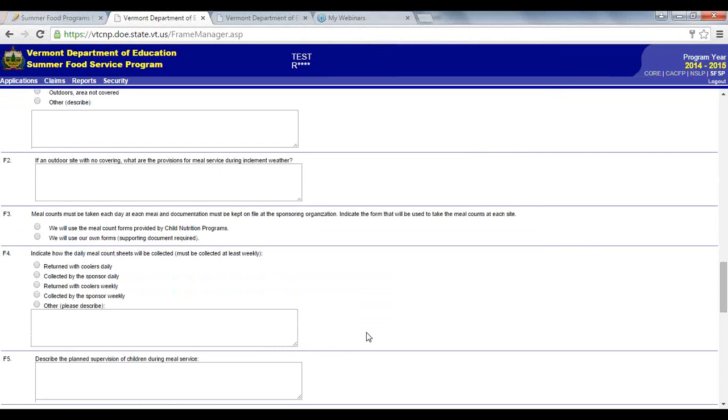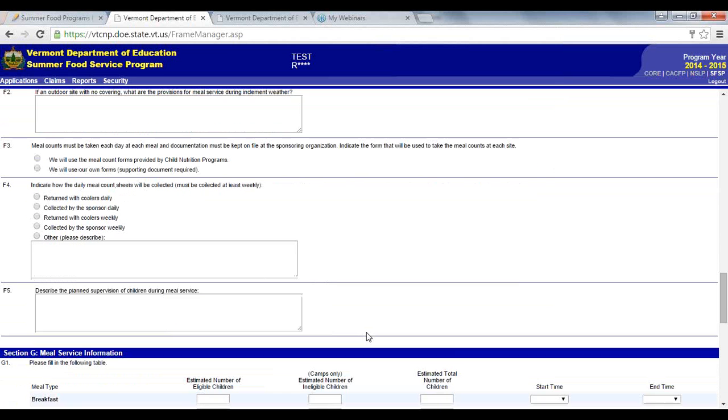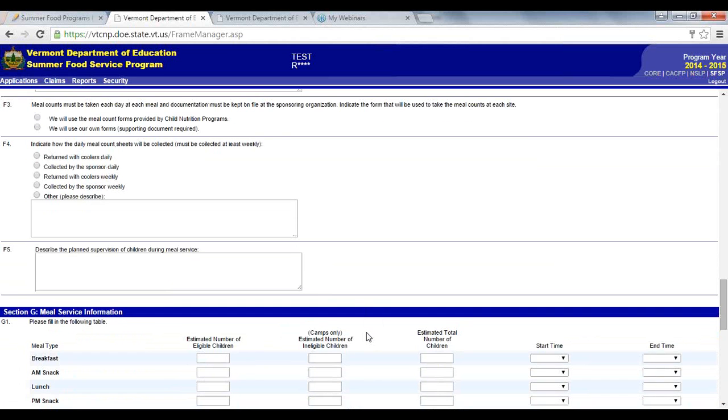Once again, we encourage people to use the meal count forms provided by child nutrition programs, again, to avoid any confusion. You can find those directly on the website that we saw before. You want to indicate how your daily meal count sheets will be collected. They need to be collected at least weekly. We encourage a lot of folks to do it daily if possible. One easy way to do that is if you're delivering meals to different sites with coolers, to just send those